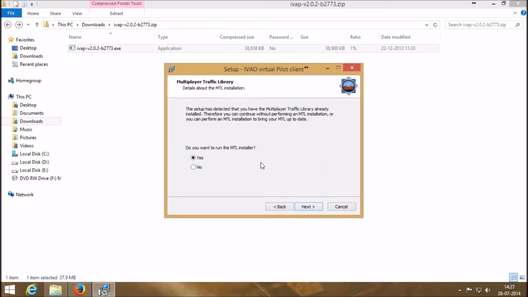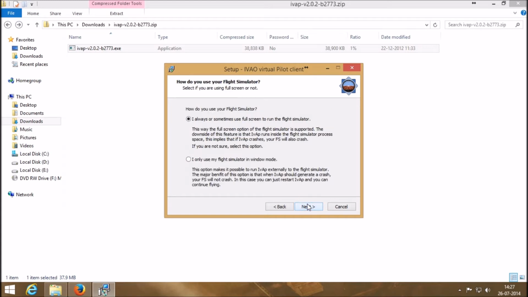Now it is asking me if I want to run the MTL installer. That's basically the multiplayer traffic library. It contains the models of aircraft. If other users come near your plane, you will be shown these models. I'll click on next. Now the setup is asking me whether I run my flight simulator in full screen mode